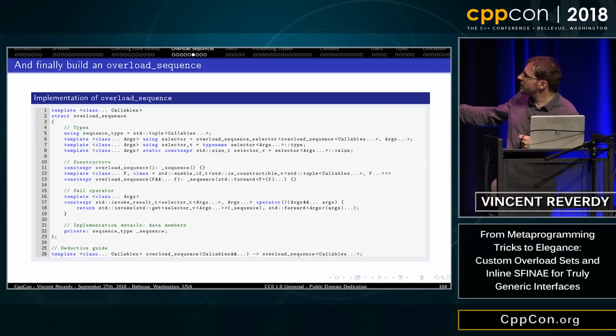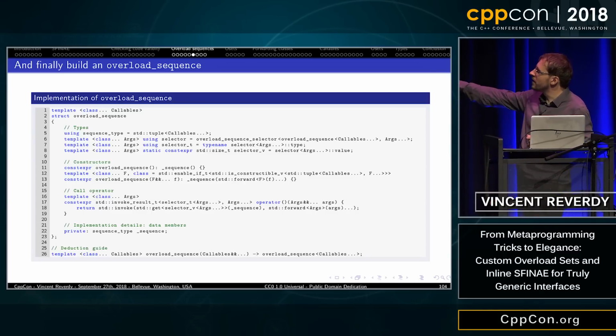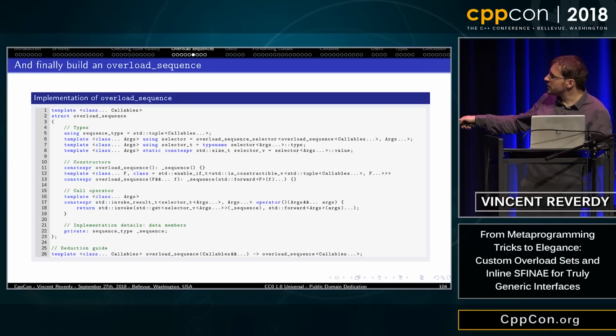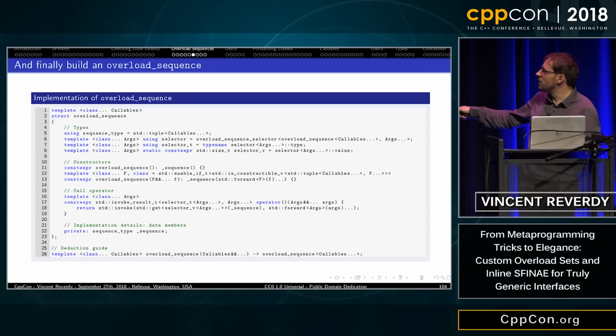And then you have a call operator where you give it the arguments, and it will use the overload sequence selector to pick the first one that works. And then I just have a deduction guide so that overload sequence of callables creates an overload sequence of callables.